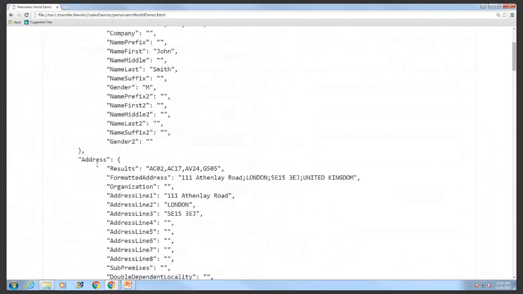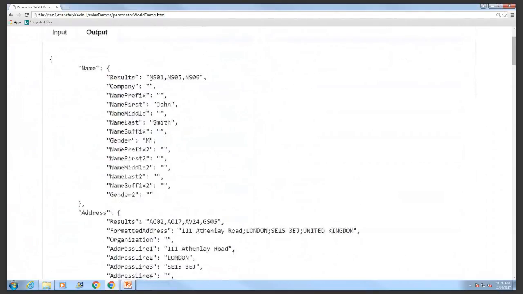One thing I want to talk about is the result codes. When you use this web service, it returns result codes. The result codes look scary, but they're very important because they tell you how good the data is, or what's wrong with the data if there's an issue with it. The meanings of these different result codes can be found on our wiki page. If you want to build an application that looks for certain types of result codes, the result codes will tell you what type of changes were made or how good the address is, and based on these result codes, you can determine how you want to proceed on using the data.